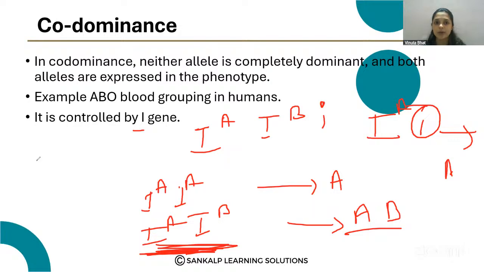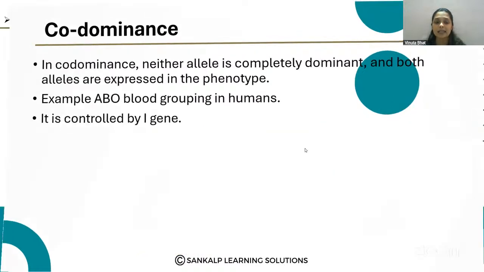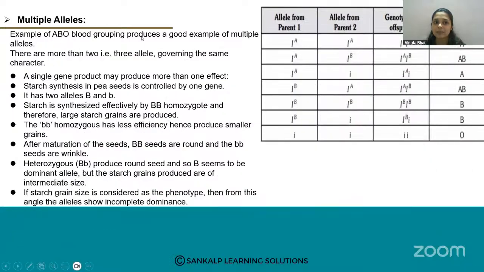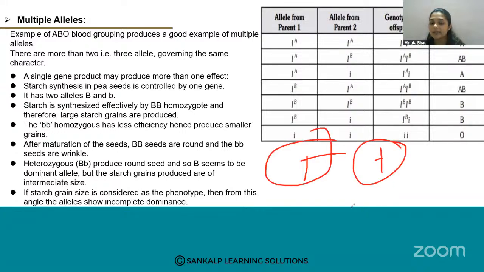So this is also an example of multiple allelism. The example of ABO blood grouping is a good example for multiple alleles, meaning more than 2 alleles. Commonly for tall, what was there? Capital T and small t, only two alleles, right? But here for blood group, what is there? Capital IA, IB and small i. More than 3 alleles are governing the same character,